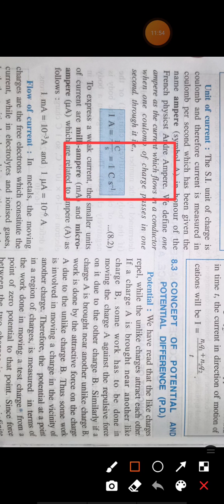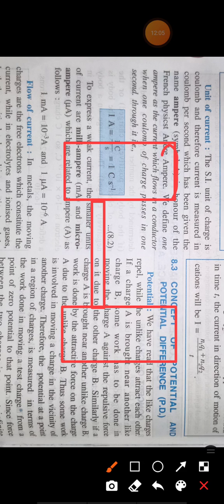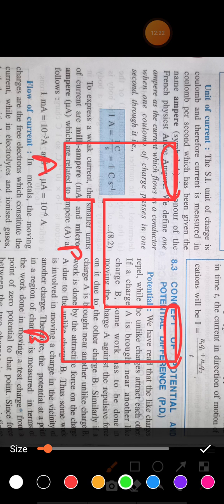Suppose you have two water tanks, tank A and tank B, and suppose they are connected through a pipe P. So this is your first tank A and tank B, and they are connected to a pipe P. Now you tell me, suppose the water levels in the two tanks are the same, then